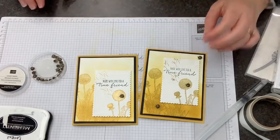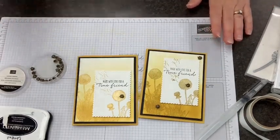So, all right. I hope that that gives you some new project ideas, really making the most of your background. So when you have a stamp that's beautiful, like this one right here, it really gives you a chance to have that stamp really show off itself and to be your main feature. And doing an ombre card like this, where that stamp is just with the ombre by itself, is a great way to make the most of those amazing art images. So remember that this stamp set, Garden Wishes, will continue into the new catalog, but the